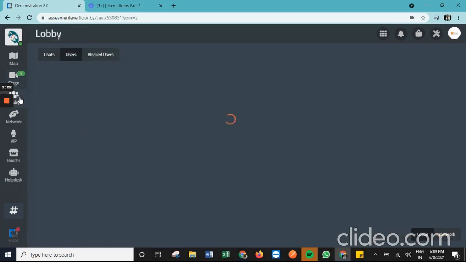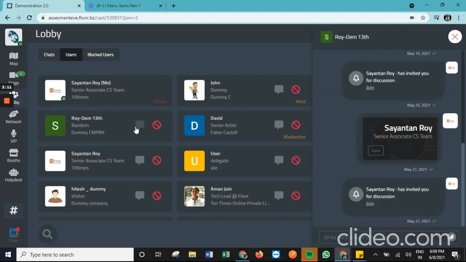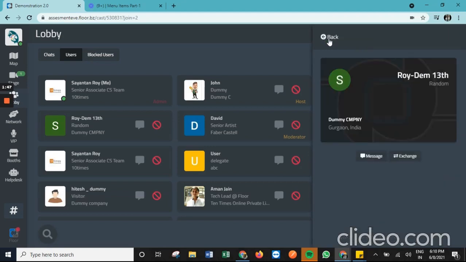Moving on, we have the lobby segment. The lobby segment allows us to network via text messages. Any user can simply tap on the message icon in order to initiate a conversation with all the members present on an event. Here we also have the option to exchange business cards via the attachment icon. They can simply tap on the business card option and, with the details updated in the individual's profile, the business card is exchanged. In order to view details of any particular person, they can simply tap on their icon and view the details.